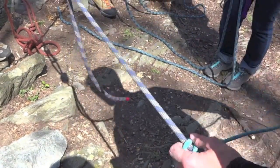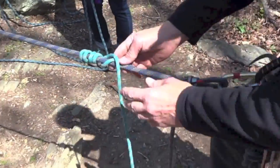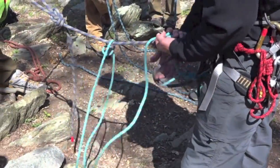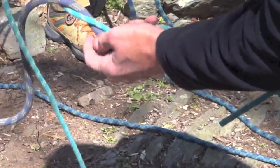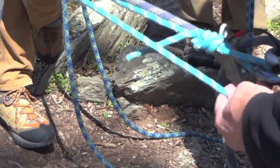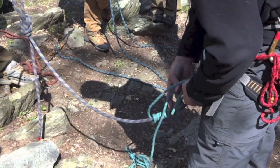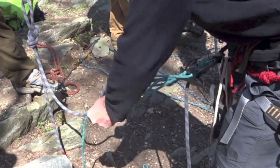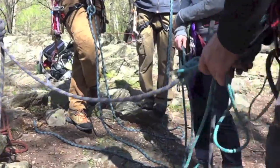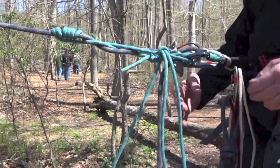Let's do one more. Now I have an auto block, and I'm going to put more wraps on there. And of course you snug it all up, otherwise it doesn't do any good. Now I'm going to attach this with a munter mule. So I have an auto block as my backup. It's holding me. So I'm going to rappel